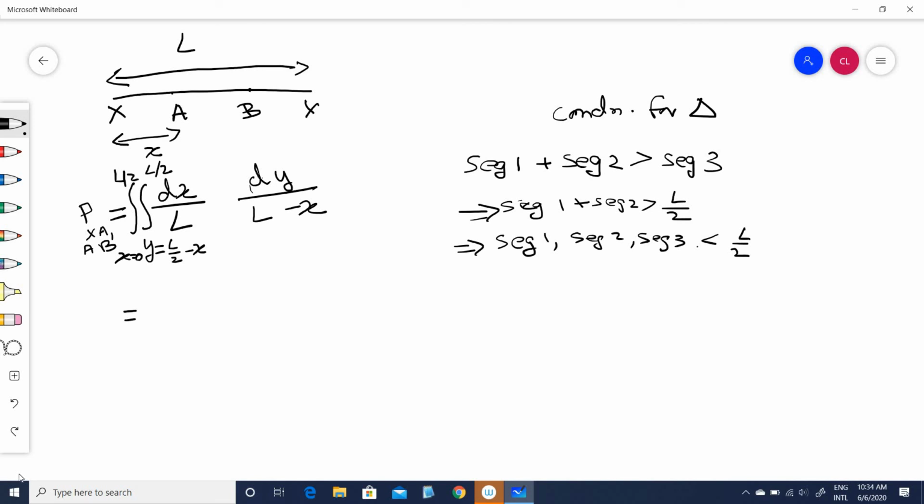A little bit of algebra is required here. The dy integral can be carried out immediately without any issue. So this becomes the integral of dx, L by 2 minus (L by 2 minus x), which becomes just x by L minus x. The y integral is already done, and this is x equal to 0 to L by 2. With a little bit of algebra and substituting the limits, we end up getting the natural logarithm of 2 minus 1 by 2.